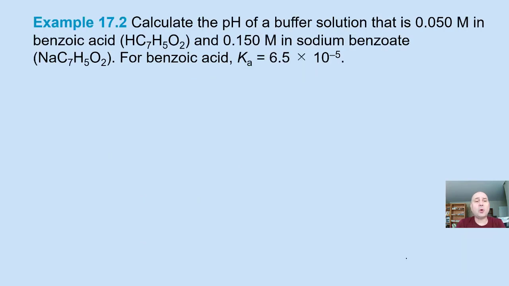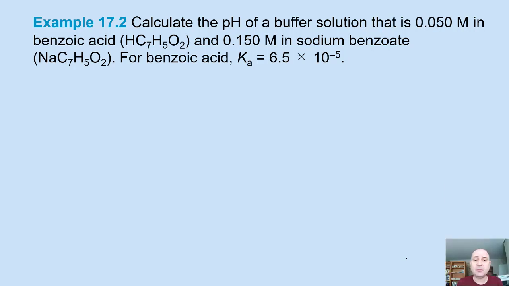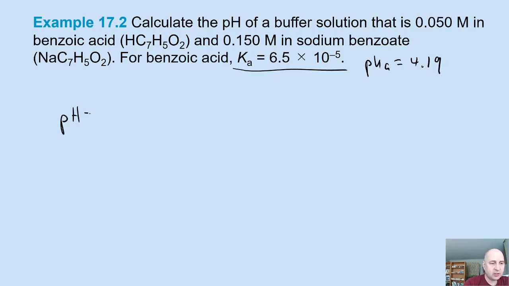Okay, let's do one more. Use the Henderson-Hasselbalch equation. That'll be the easiest. So here we have benzoic acid. I'm telling you what it is, so you can look up the Ka or the pKa, or you can just take that number here, take the negative log, and so the pKa equals 4.19, and so the pH equals 4.19 plus the log of the ratio of base over